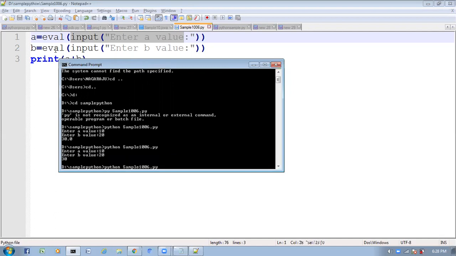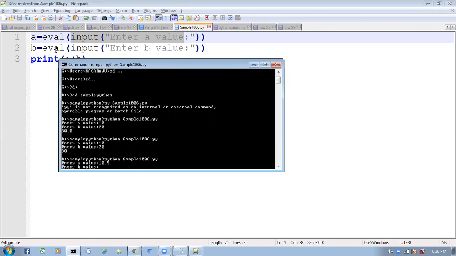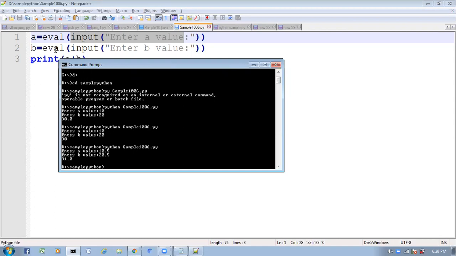Now here I am going to give a value 10.5 and b value 20.5. So now 31.5 is the result. The eval function automatically converts into our required format. It takes the string as the argument and converts it into our required format based on the provided input.